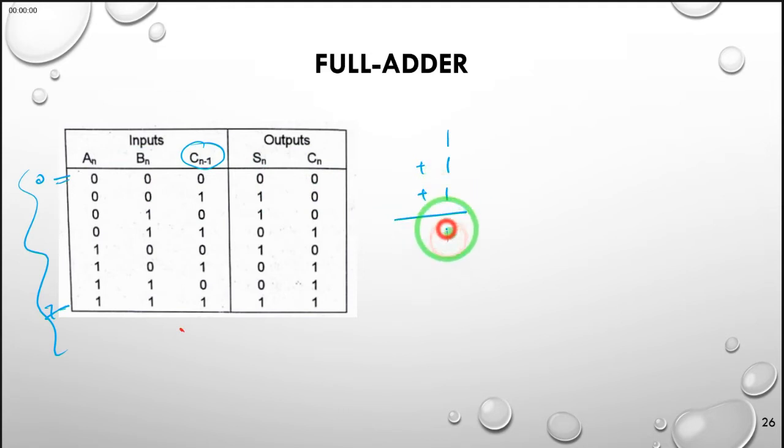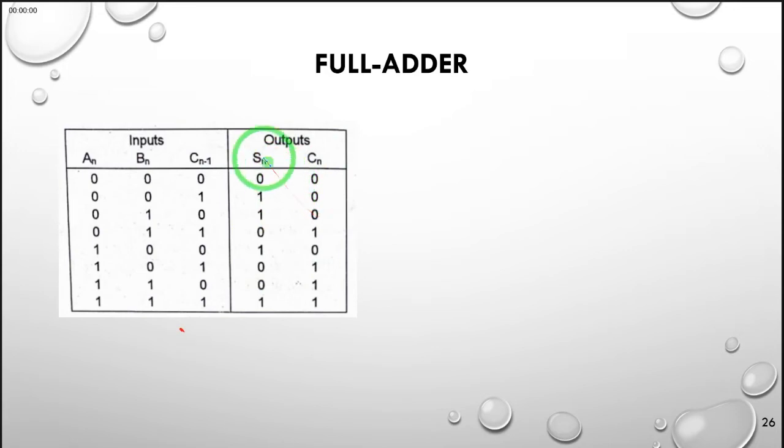This will become 1, 1, 1. And 1, 1, this is our sum Sn and this is our carry Cn. Only here they are arranged in a way that you might find a bit confusing. So having seen this representation of the truth table of a full adder, we can implement